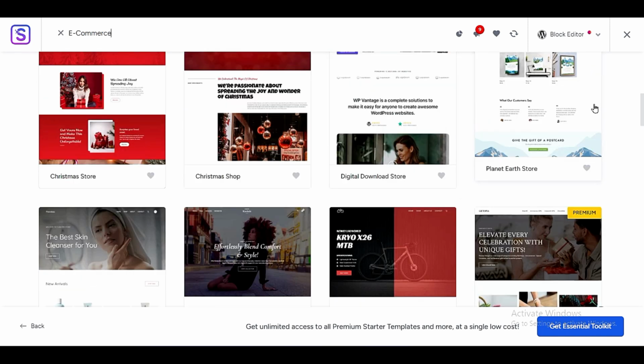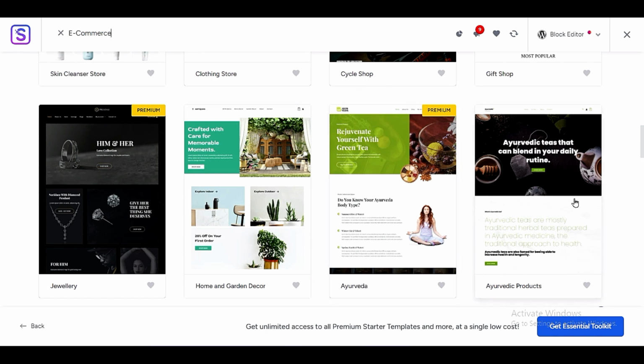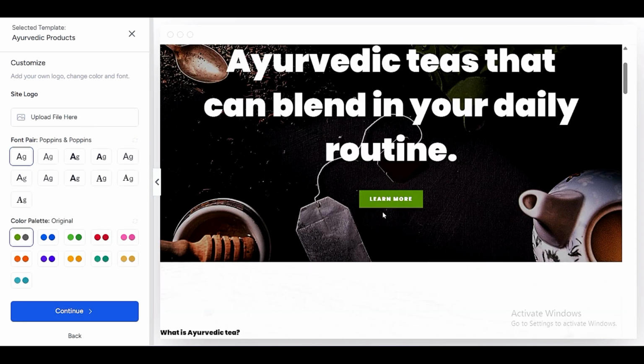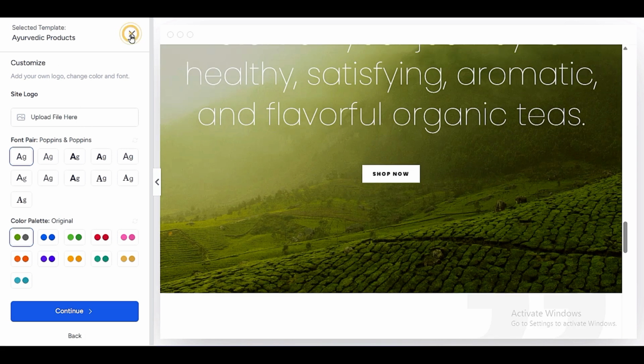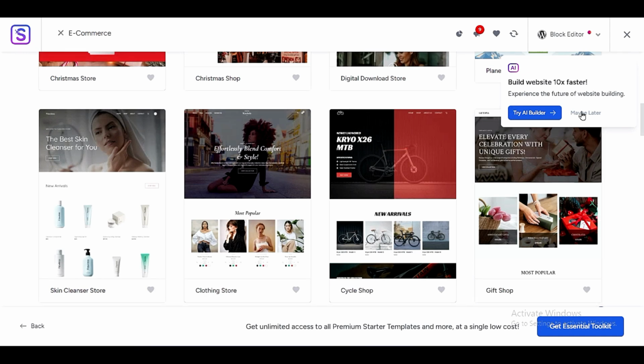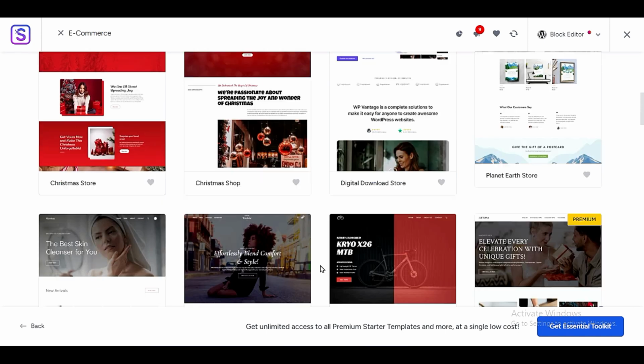Here both of them are free, and then keep scrolling down. Clothing store is also a free template here. Skin cleanser store, cycle shop, and scroll down, Ayurvedic products. And you can also see these templates by clicking on them, how they look like. Okay, so you have to choose your template first from here. So I will choose digital download store. Let's click on it,